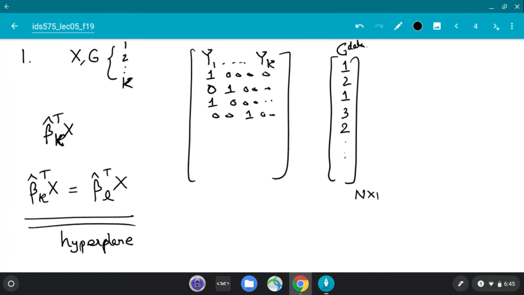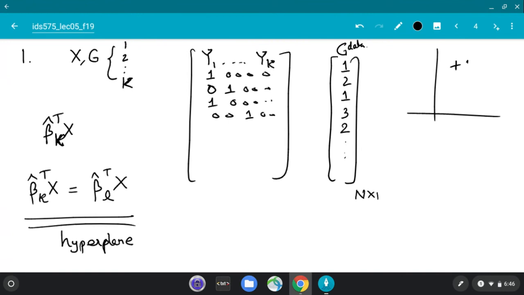In one dimension it is the equation of a line, in 2 dimensions the equation of some plane, and so generally a hyperplane. So the decision boundary is linear because it is the equation of a hyperplane. In one dimension you just think of it as a line, right? So we already saw this.